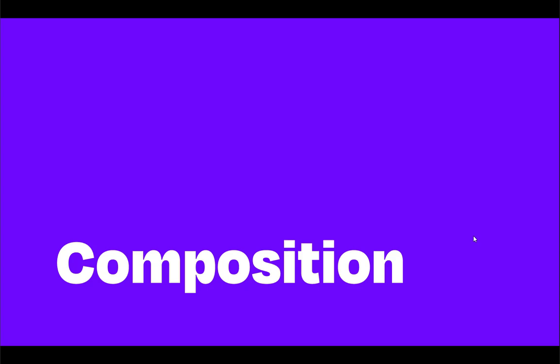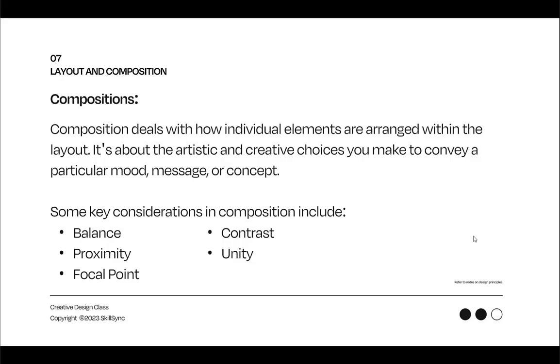Now we're done with the layout, let's talk about composition. Now composition here deals with how individual elements are arranged. So when you hear composition, we're talking about arrangement within the layout that you've drawn. Okay, how you place your elements within the layout that you've drawn. Alright, so it's about the artistic and creative choices you make to convey a particular mood, message, or concept. Some key considerations in composition include: